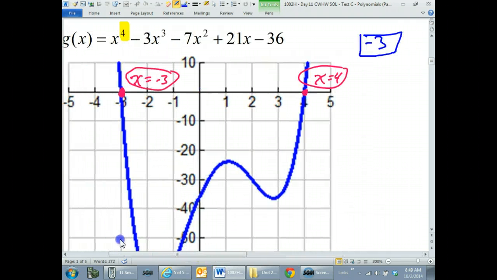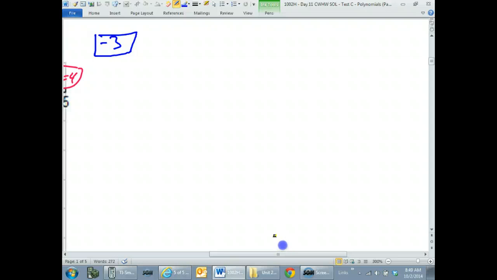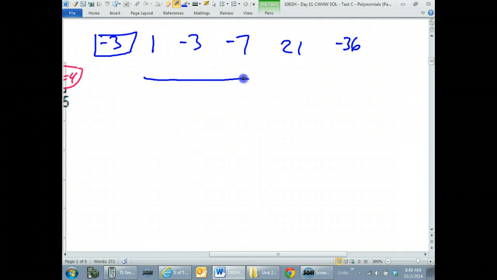Let's see, I'm looking at my coefficients now. 1, -3, -7. That's all I can remember at one time. 1, -3, -7, 21, -36. Thank you for being my memory for me. Okay, so far,